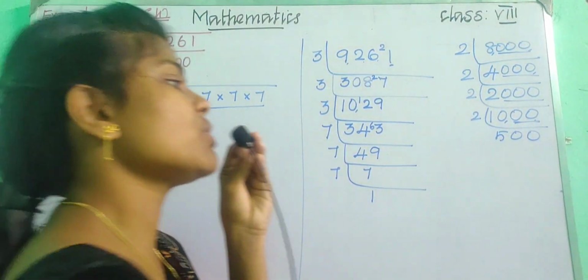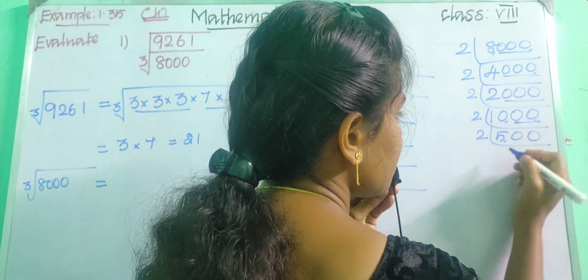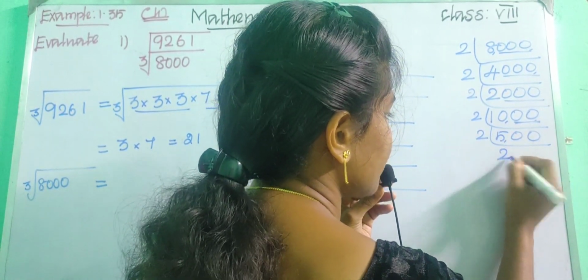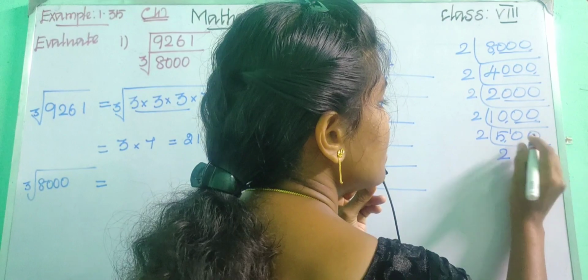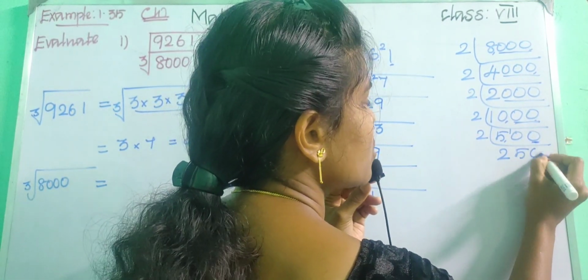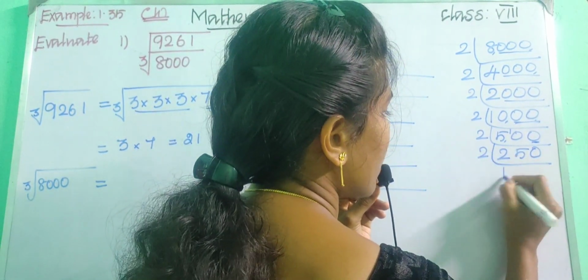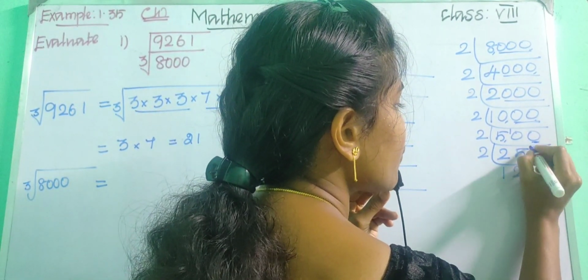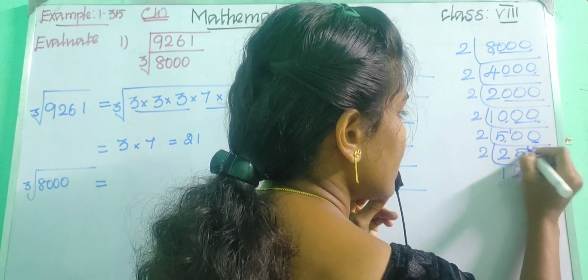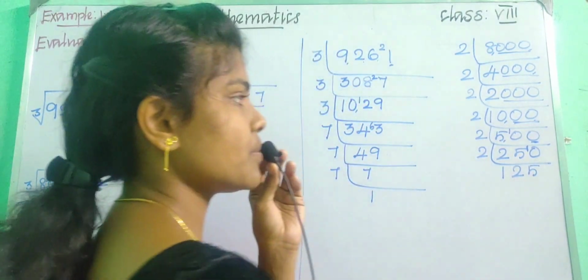Again we can continue with the 2, okay. So 2, now see here it is 5, so 2 2s are 4, remaining 1, okay. Now we got 10, so 5 2s are 10, remaining only 1 0, so put 1 0, okay. Again we can continue with the 2 table. Now 1 2 is 2, 2 2s are 4, remaining 1, right? Now we got 10, okay. So 5 2s are 10, okay children.